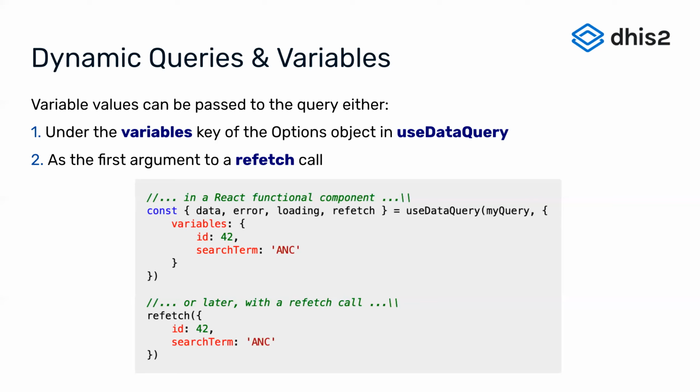And then as we saw before, the React component will re-render, or recall that function, with new data, error, and loading variable states. This is really powerful because it allows us to define the way our UI reacts to changes in data and changes in state, and then to actually trigger those changes in a declarative way. The refetch call is actually imperative, but I won't get into the distinction of that too